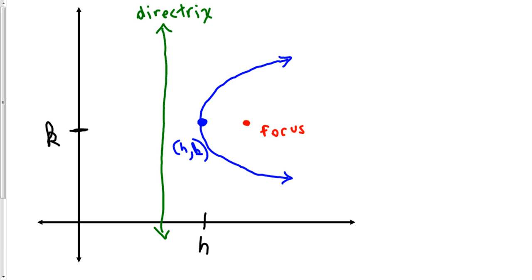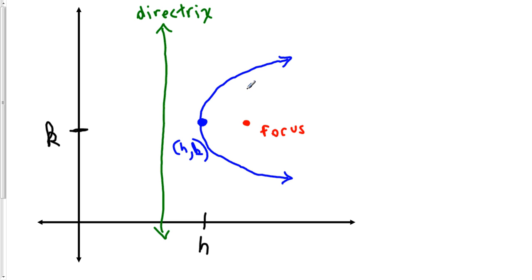Okay, so we're still dealing with parabolas, still dealing with conics. In this case, though, we're going to look at the conics, the parabolas that are not functions. Like if you take a look at this parabola, it opens sideways. So if you did the vertical line test, this would not pass the vertical line test. So we're no longer talking about quadratic functions, but we are talking about quadratic equations, and they still are parabolas